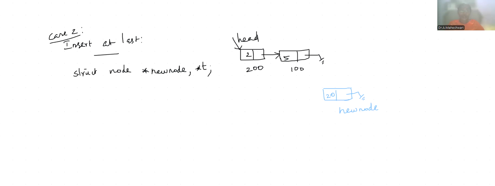So next you can give a space also. new node is equal to the malloc, that you can fill it. Okay. Next, I can fill the two places. new node of data is equal to 20, new node of next is equal to